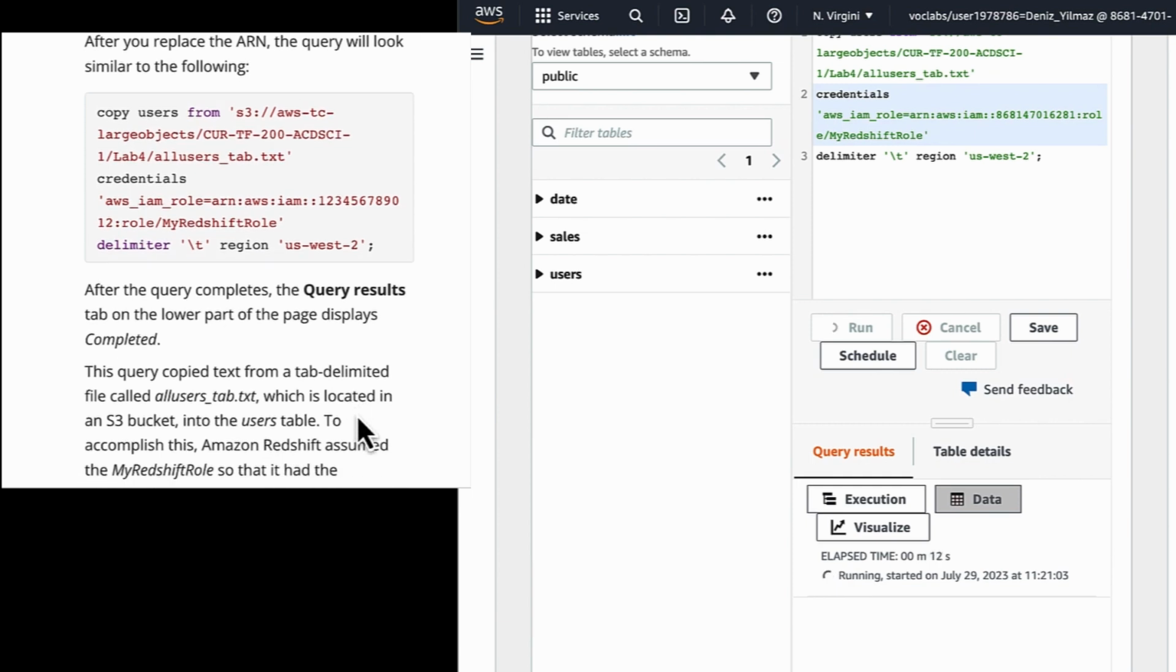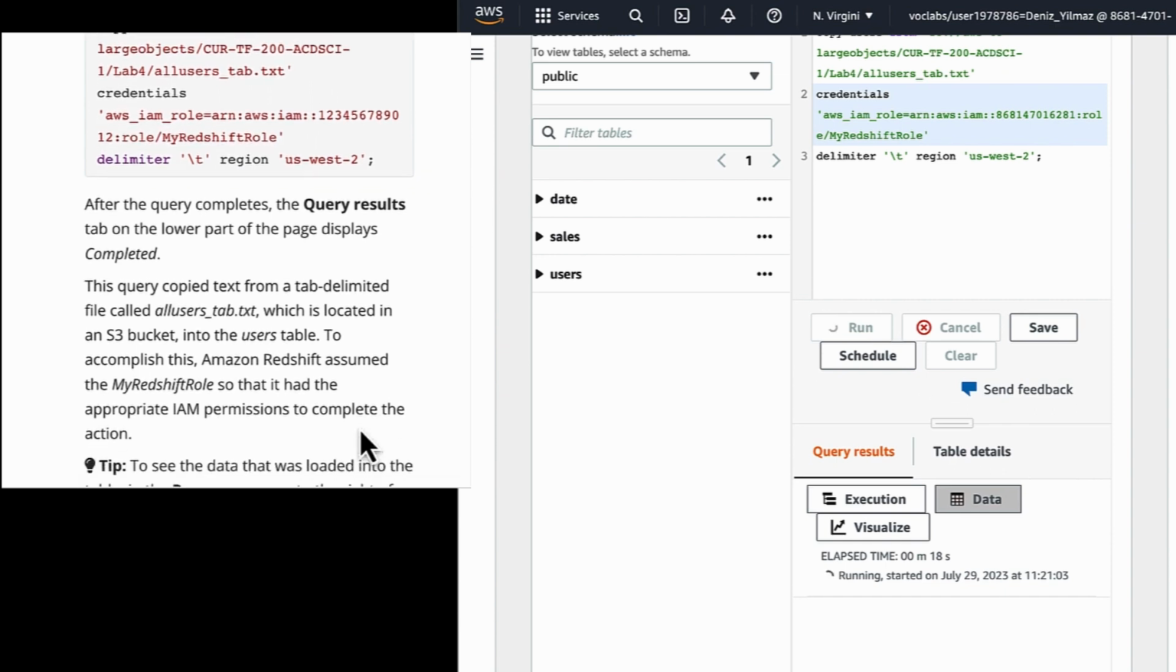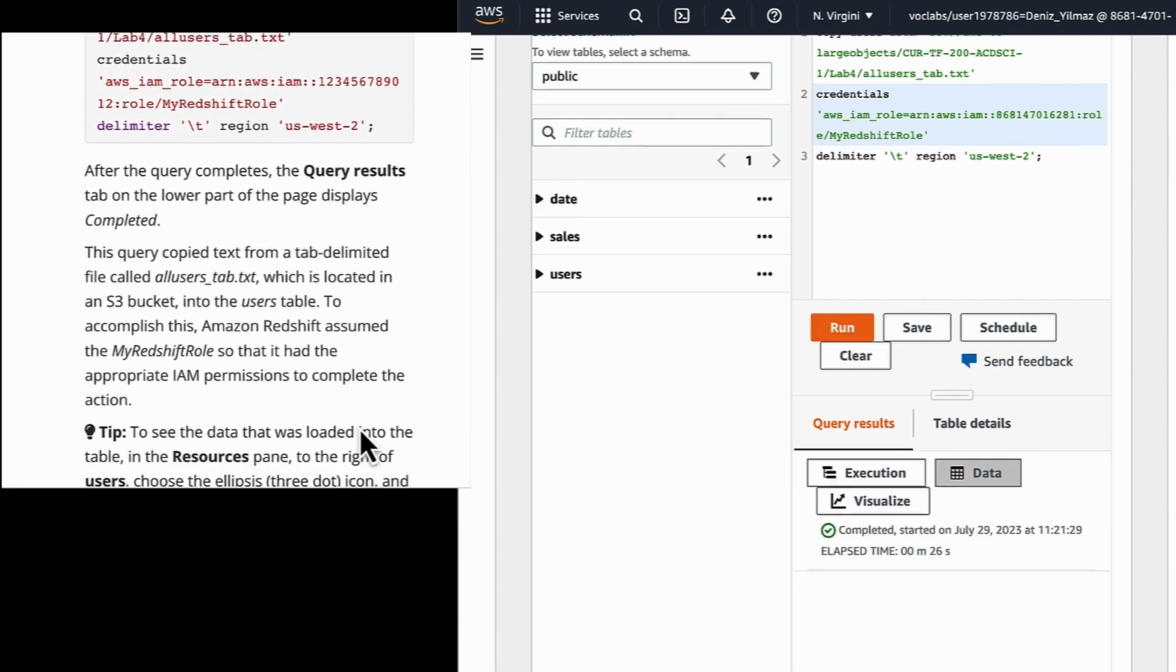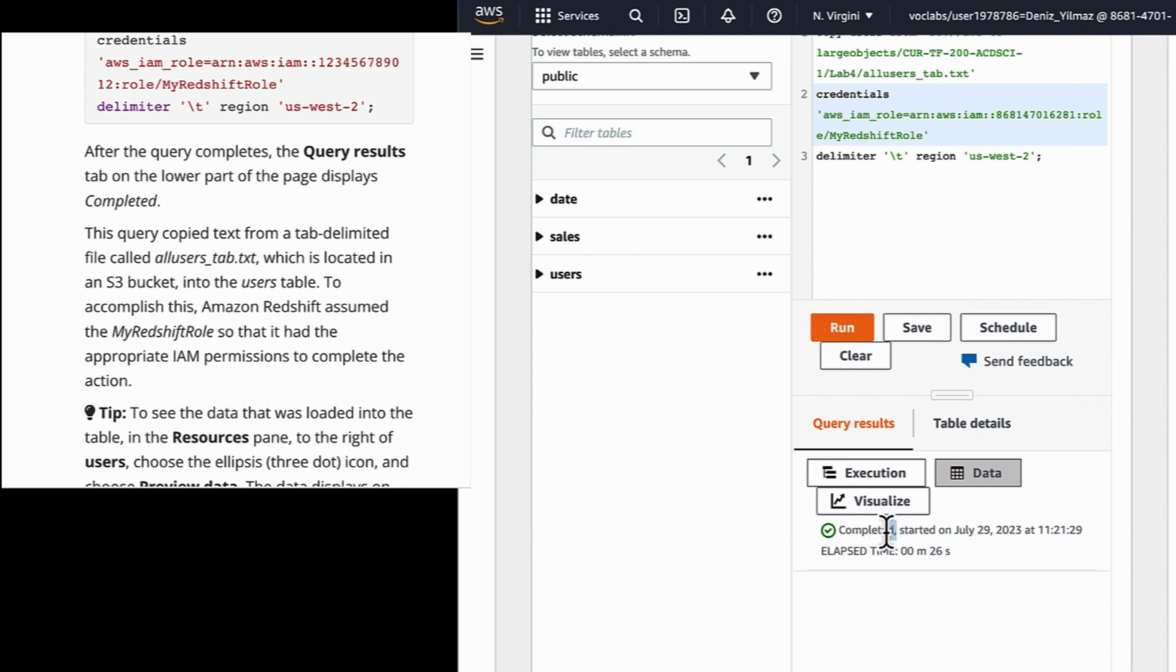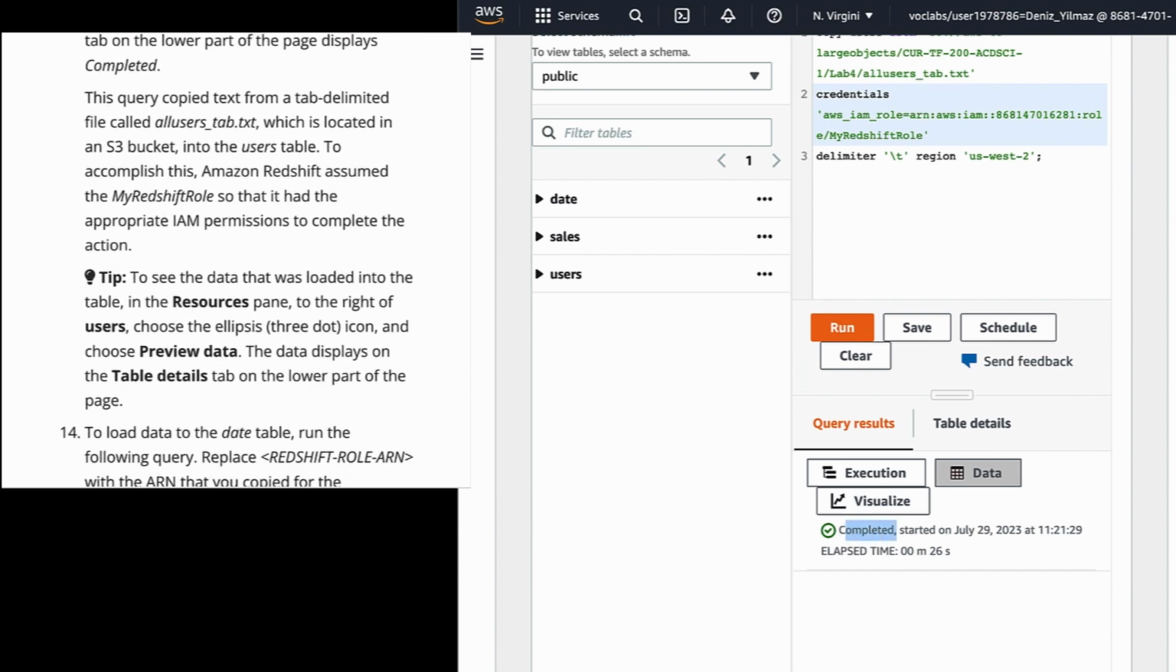After the query completes, the Query Results tab on the lower part of the page displays completed. This query copied text from a tab-delimited file called alusource_tab.txt, which is located in an S3 bucket, into the users table. To accomplish this, Amazon Redshift assumed the My Redshift role so that it had the appropriate IAM permissions to complete